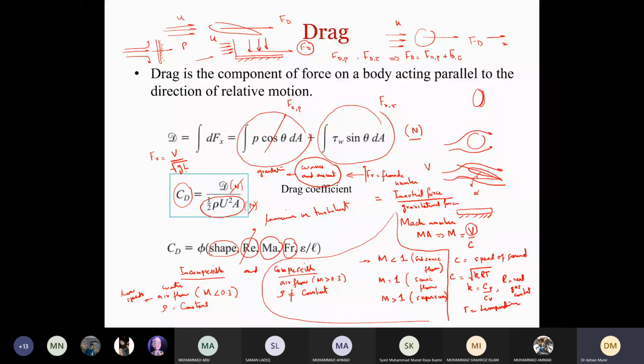I won't be going into the derivation of this equation, but it can easily be derived by dividing the inertial force by the gravitational force, and then we get this as Froude number. So the numerator is inertial force and the denominator is the gravitational force, right? So CD also depends on the Froude number, and lastly CD depends upon E/L.